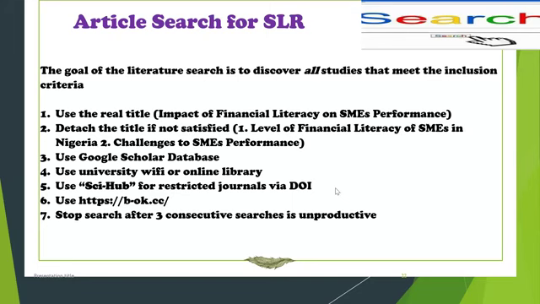Sometimes, let's assume you have 3 keywords in the title of your work. You can get some people that will discuss only 2, and sometimes you can get some people that will discuss all 3. So you can always search by changing some of these things. Then also sometimes it's good to use